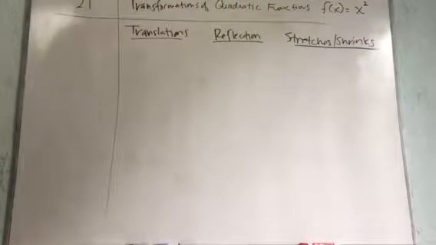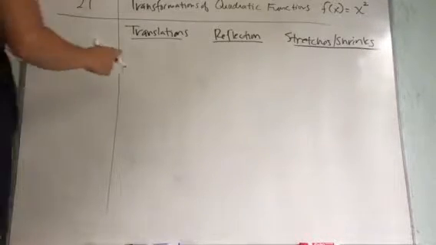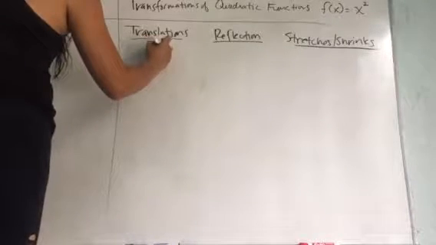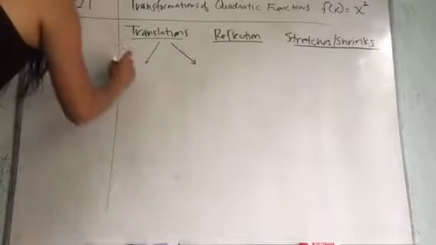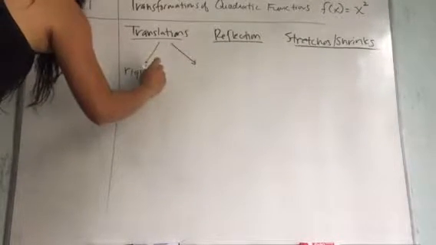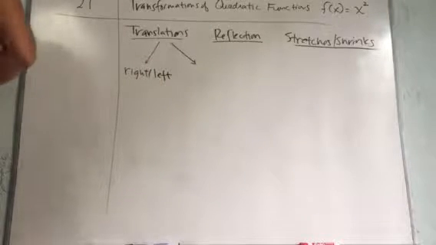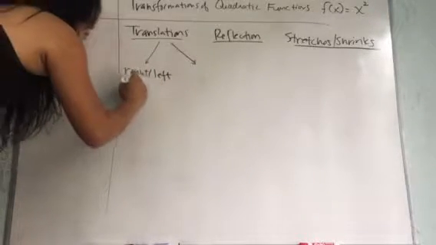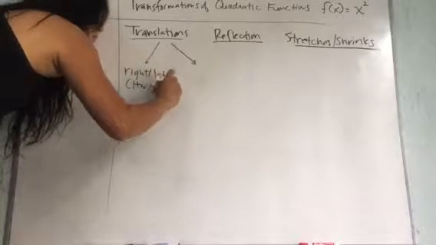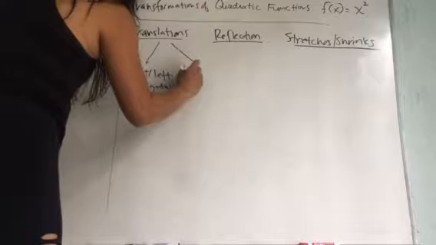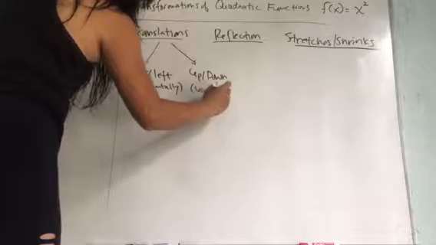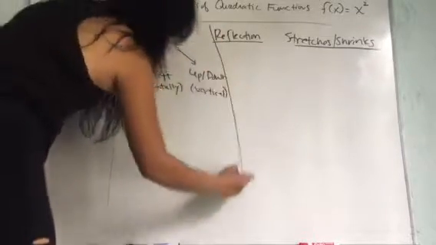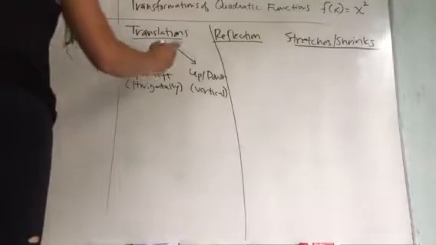Okay, and I'm just going to organize some basic information for us so that it'll be easier for you to reference later on. So like I already mentioned, there's different kinds of translations when it comes to quadratics. You can either shift it right or left, side to side, and that would be horizontally, or you can shift them up or down, and that would be a vertical translation. All right, so in these two categories,